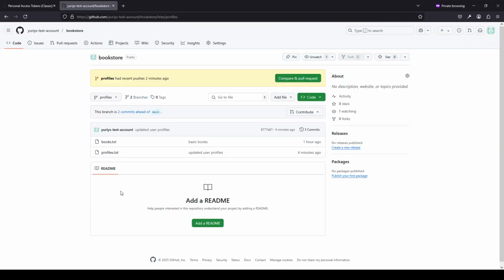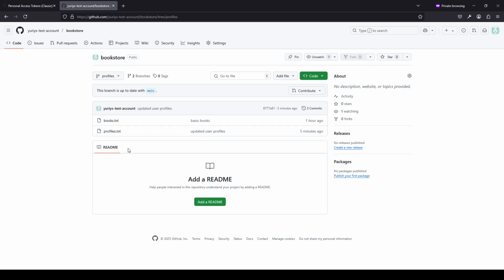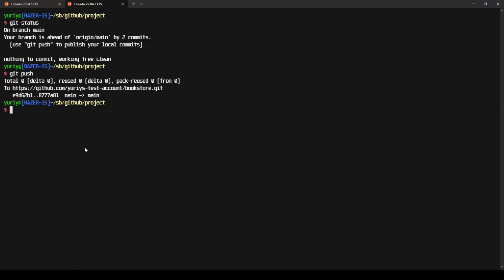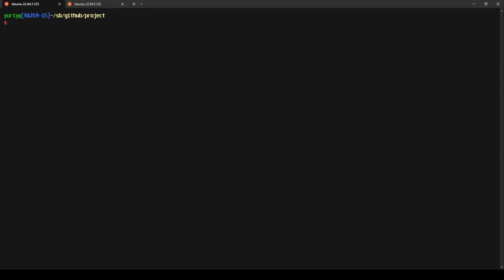But if we go back to GitHub, if you refresh, now the branch is up to date with main. So now both are synced. All right, so let's build on these concepts and work more on the concepts of collaborating and branching